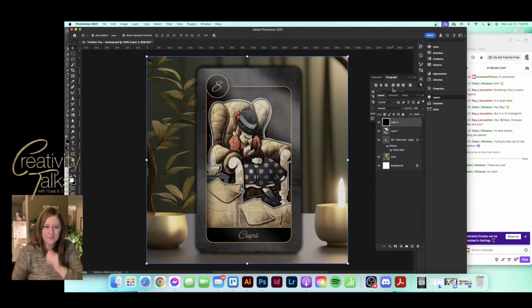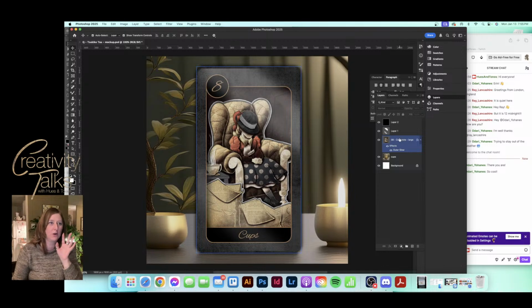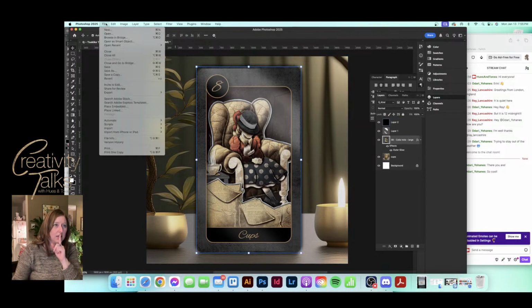Okay. So just to unify it that little tiny bit. So that's how we do that. So now that we have this card open, we've saved it as the other card, as the right card in the right file, what I'm going to do is select our Celia note, and